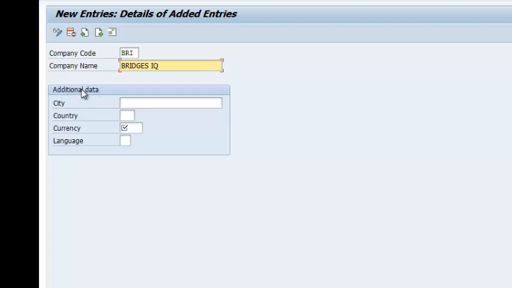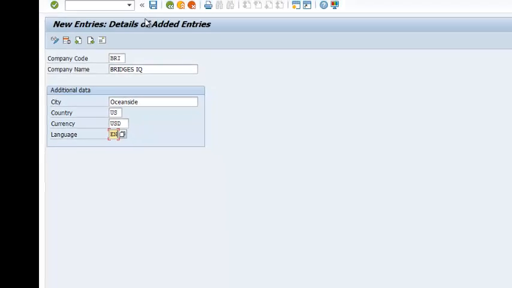We have additional data that we need to populate. The first one is the city, then we have the country, currency, and finally the language. So once all this is populated, we are going to save,